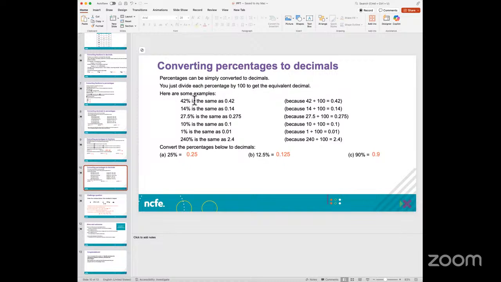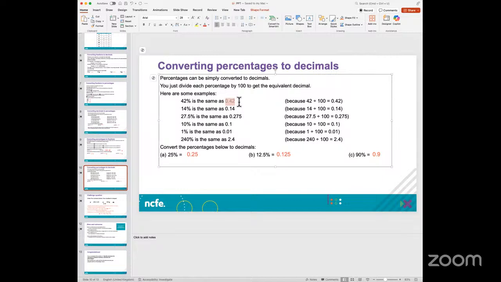So if I look at 42%, because remember, percentage is always out of 100, you have to put 42 divided by 100, and then you have to arrive at the answer by dividing 42 by 100. And how would I do that? So I would do 42%. Here I'm going to use the same division method which we have learned in school. So you write 100 here, and obviously 100 is a bigger number than 42, so you can't do it. So I put 0 because it is not divisible.